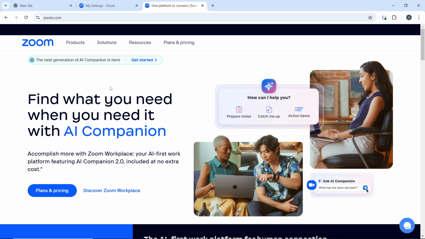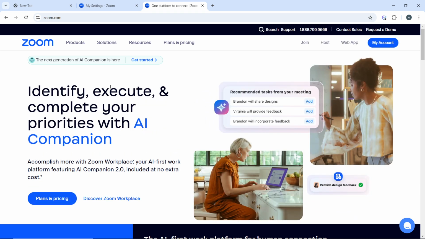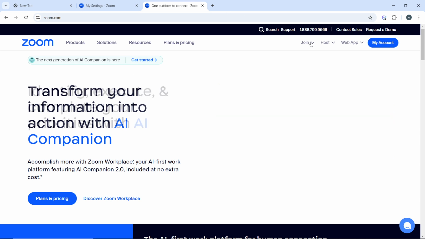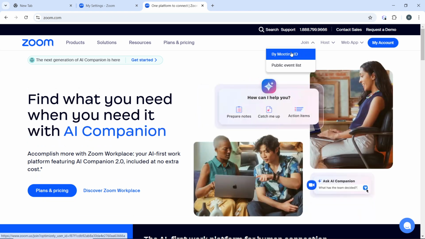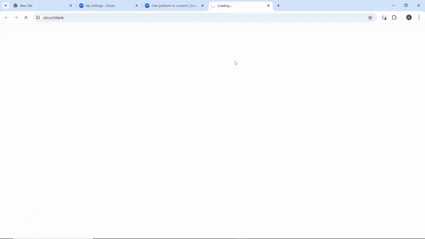On the Zoom homepage, which we have in here, you're going to see an option that says join. So join, now select join. Now you can choose join by meeting ID or public event list, any of them. So click by meeting ID, and once you click by meeting ID,